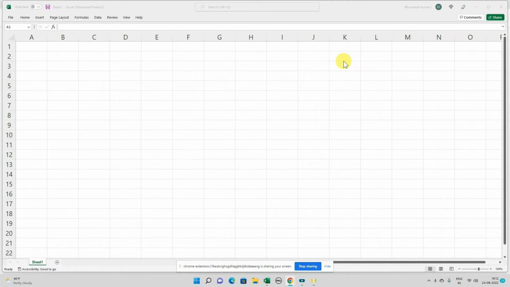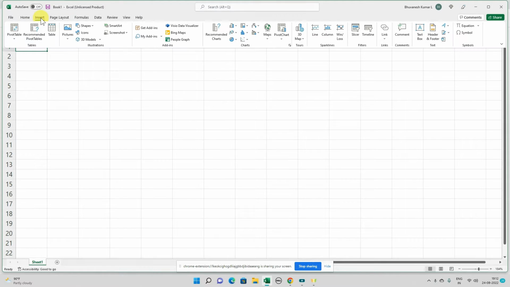As a first step, I'll show you guys how to add it into the Excel sheet. So we have to select Insert, and in that options we have something called My Add-ins. We can either select Get Add-ins directly or My Add-ins to look at what add-ins we have. So I already have Microsoft Visio Data Visualizer, but